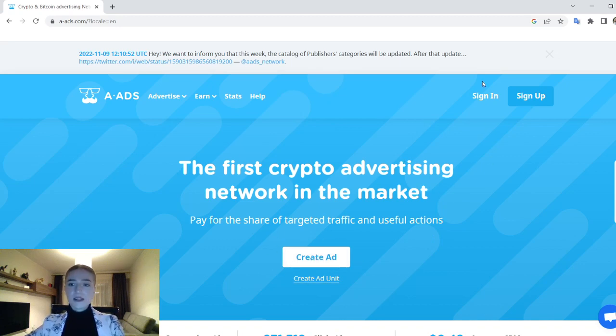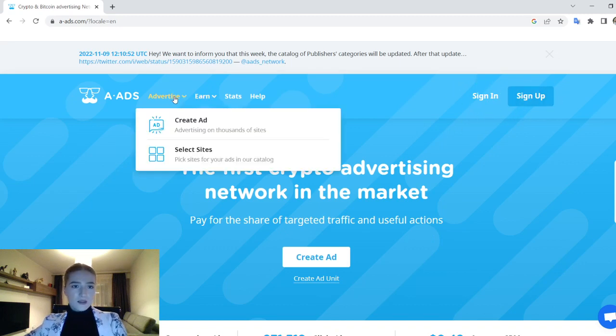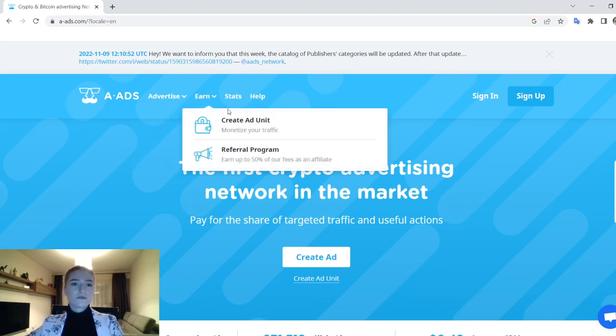If you want to sign up, here we have the button and sign in. You can create ads, select sites. You can pick sites for your ads in their catalog. Monetize your traffic, earn up to 50% of their fees as an affiliate.